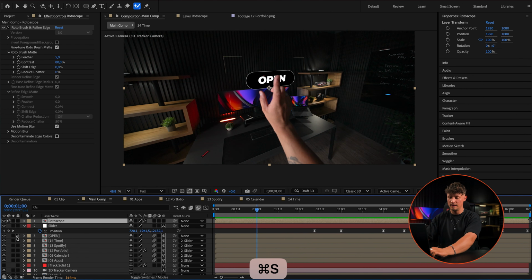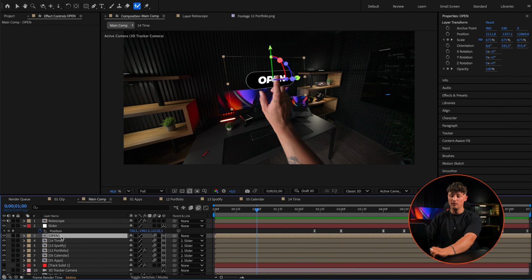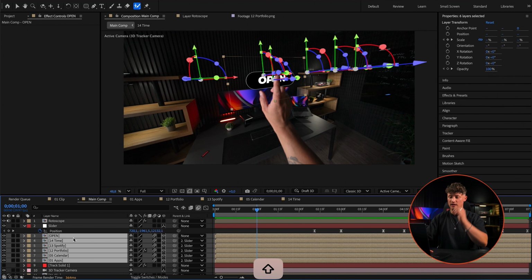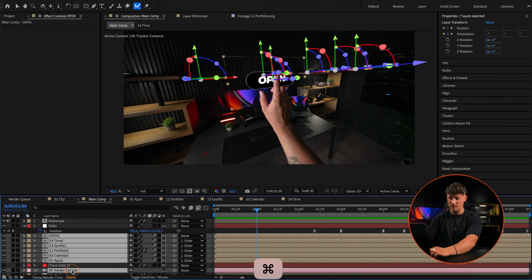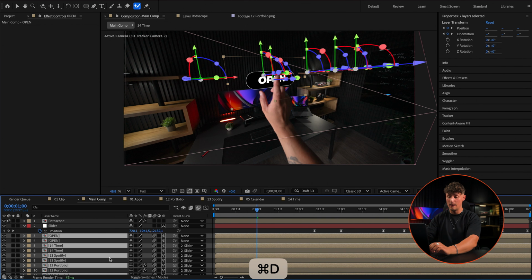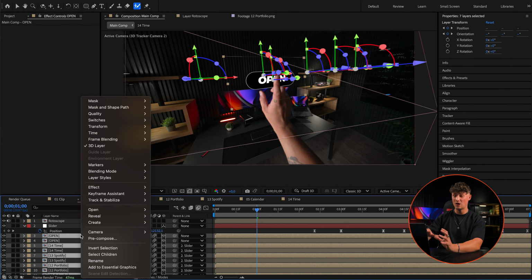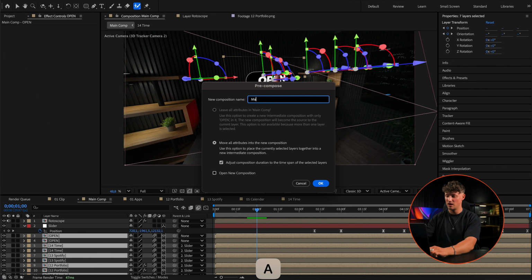So what we want to do is duplicate all of the HUDs we have just created, and we also want to duplicate the 3D track camera. So selecting all of those layers I want to duplicate, then Command D, boom, just duplicate them. And now with everything we just duplicated selected, we're going to pre-compose that and call this one Mask HUDs.